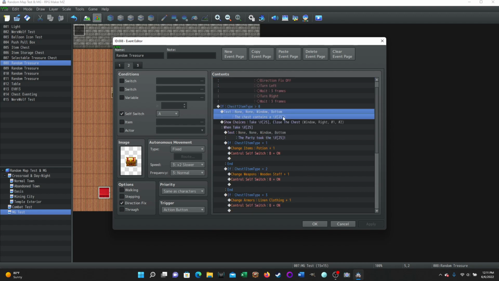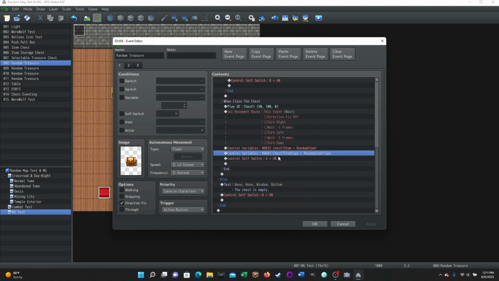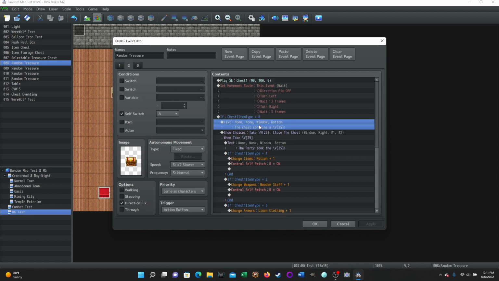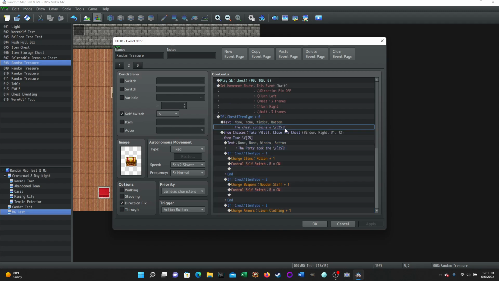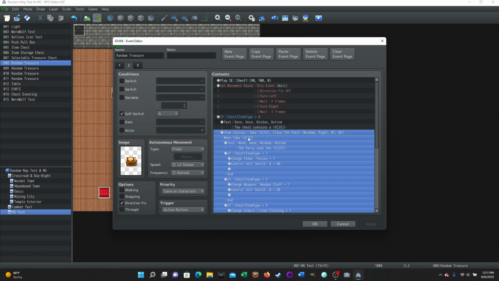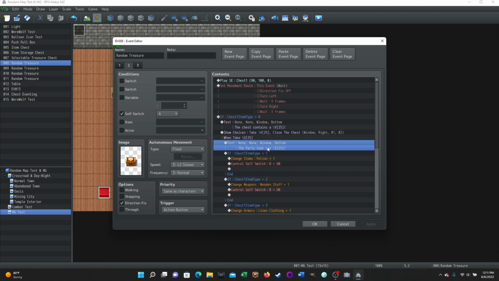And here we're using the variable 25 now, right? Because back here we set variable 25 chest 1 item to be the same as random item 1 that we got from the common event. So now we've changed this variable and we've changed this variable 25. So the chest contains A and it prints out what it was saved as. You get to take it if you want to,